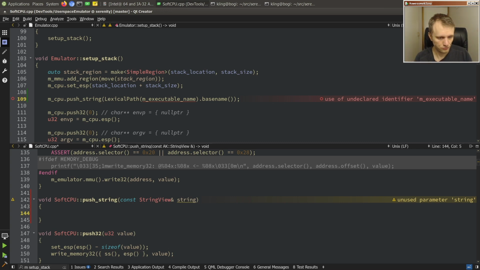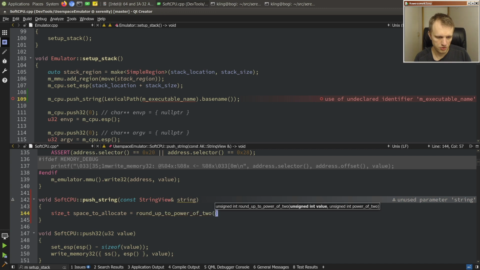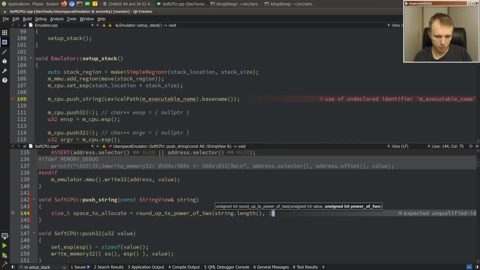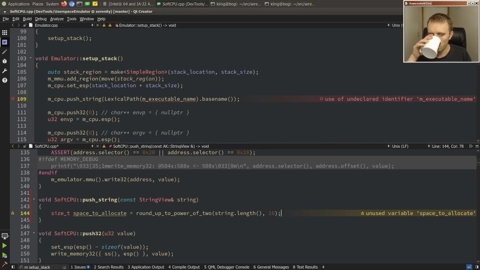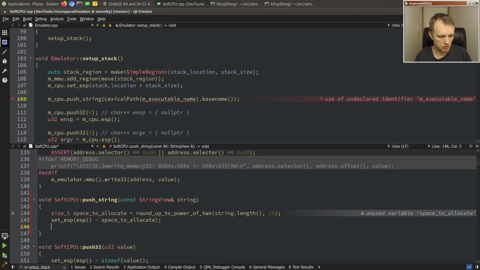So we will just space to allocate round up to the power of 2, string length 16. Okay. Yeah, that'll do it. And then we'll say set ESP minus space to allocate,